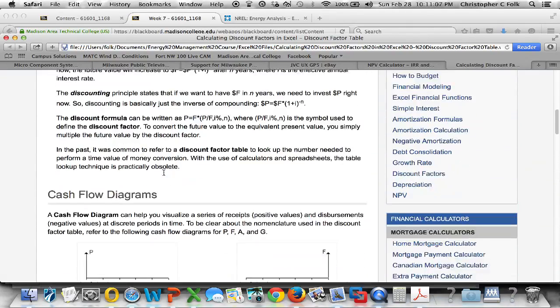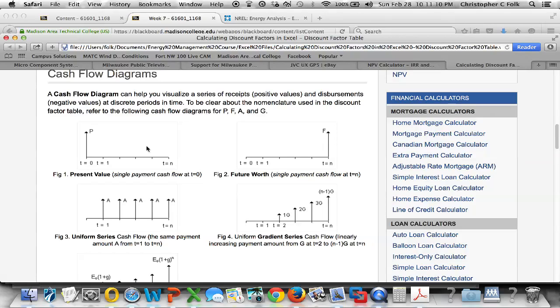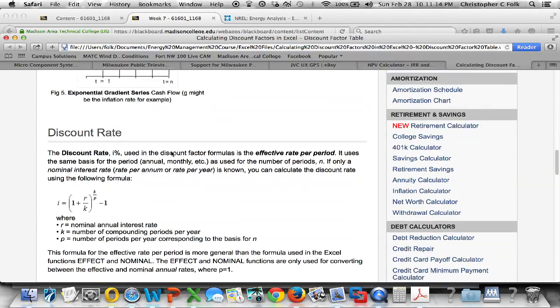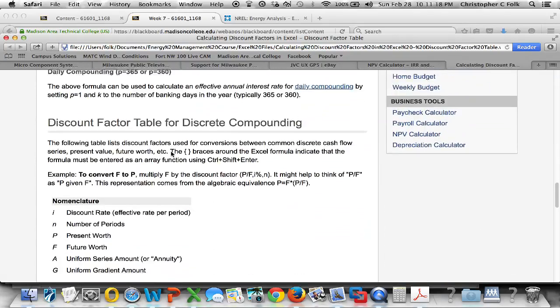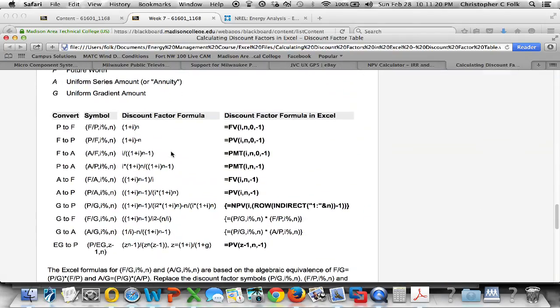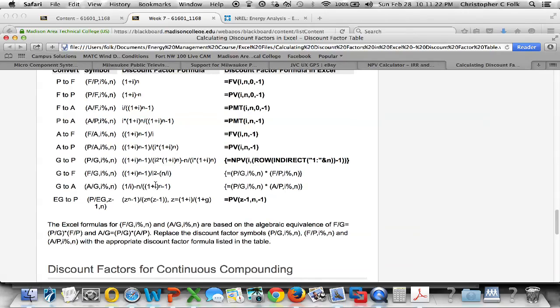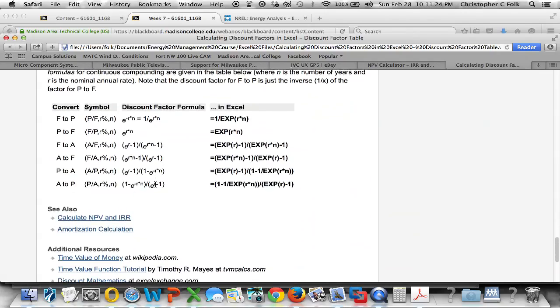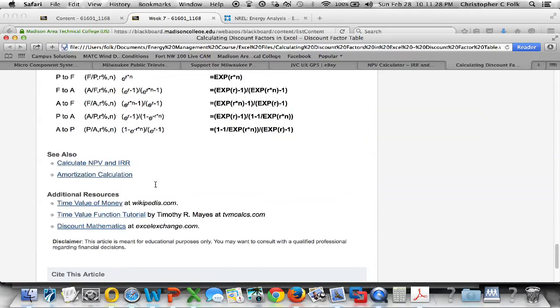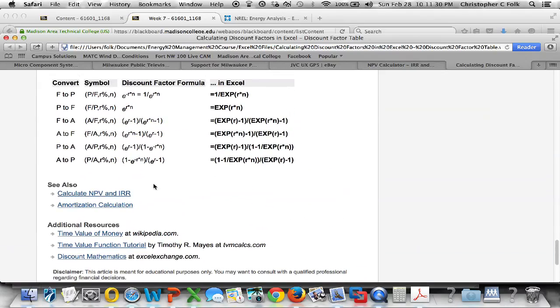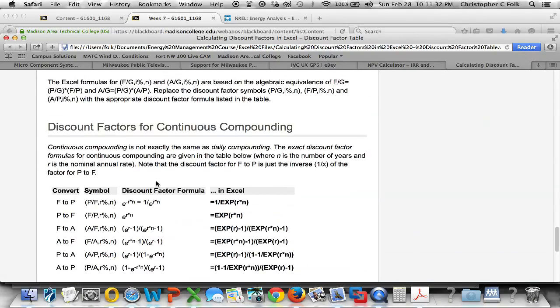I was trying to find this cash flow diagram, and this is what I found. I read the whole sheet, and it explained a little bit about how the discount rate worked. It showed me all the formulas that are mentioned in this chapter, so that was fantastic. It showed me more chapters that I wasn't using, and it's like, holy smokes, I can't find this anywhere. So after a bit of poking around, I went to the guy's webpage and I sent him an email